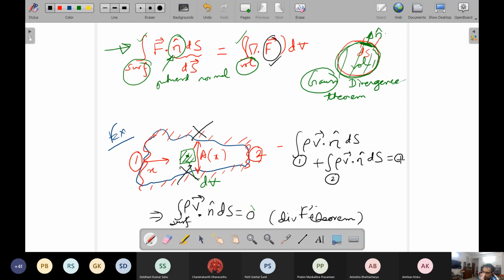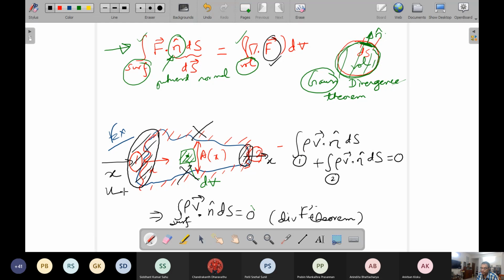Now for the surface 1, let us say that all the flow is occurring along the x direction. How that is possible? It is possible, say this cross section and this cross section, these have the normal directions x. So if the normal directions of the cross section are x, no matter whatever is the velocity, 2-dimensional, 3-dimensional, 1-dimensional, but the velocity component along x, that is u, will only contribute to the flow rate.